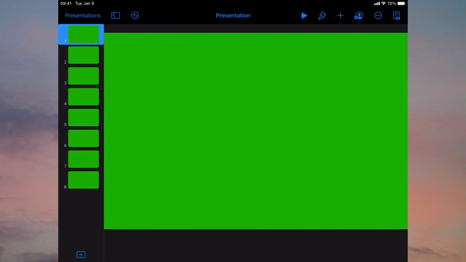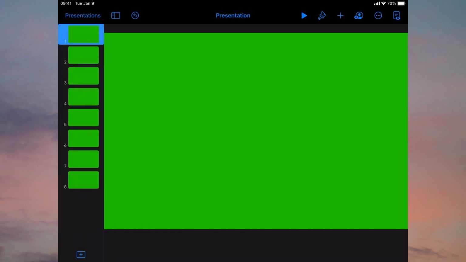If you want to bring that menu dialog box back, you can actually drag in with your finger from left to right on the left hand side of your screen to bring it back in. So I'm literally pushing it off and then pulling it back on again with my finger, just like so. We're now done with creating our green background, our green screens. So to end this design process, we touch the very top right hand icon, the blue page icon with the little eye icon at the bottom of it.